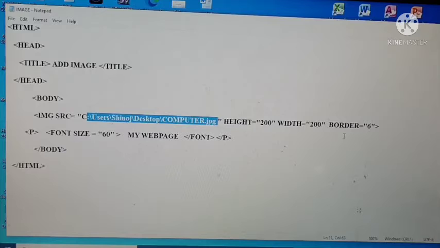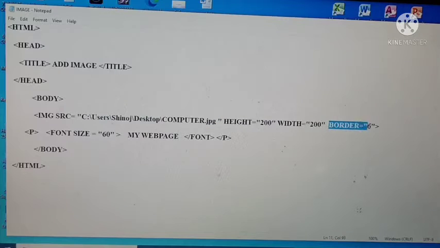Then border equal to 6, where 6 is a user defined value, enclosed within double quotes. Then body tag close, then HTML tag close.